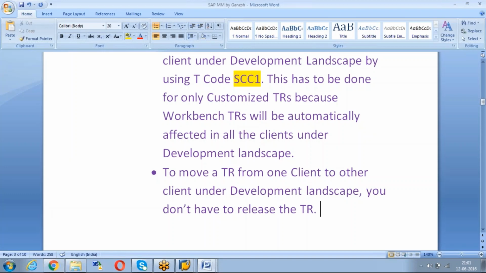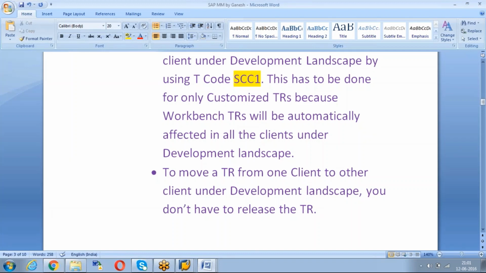Generally we don't release it, because for example in the golden client you are doing some configuration, you move to the testing client, and there you have done testing, you identified one more issue, then you will come to development and make changes, and you will save in the same TR, and again you will move with SCC1. Many kinds of trial and error methods will happen. That's why we never release the TR until it is completely finalized and you want to move to the quality system.